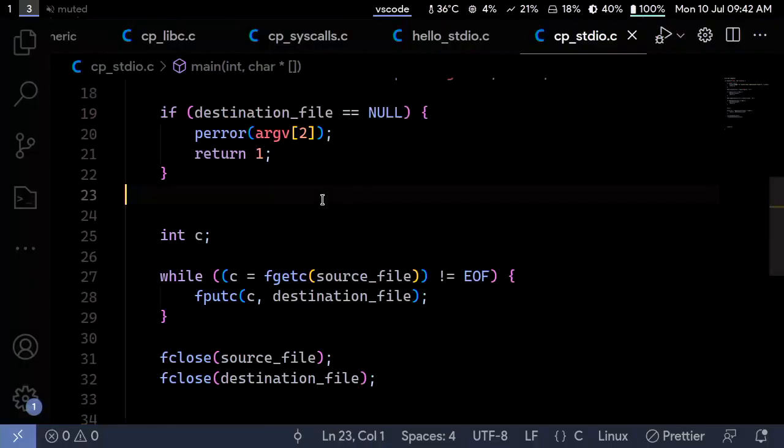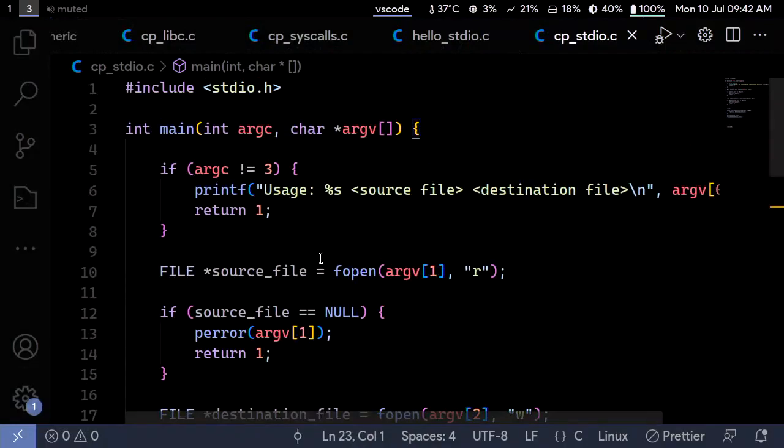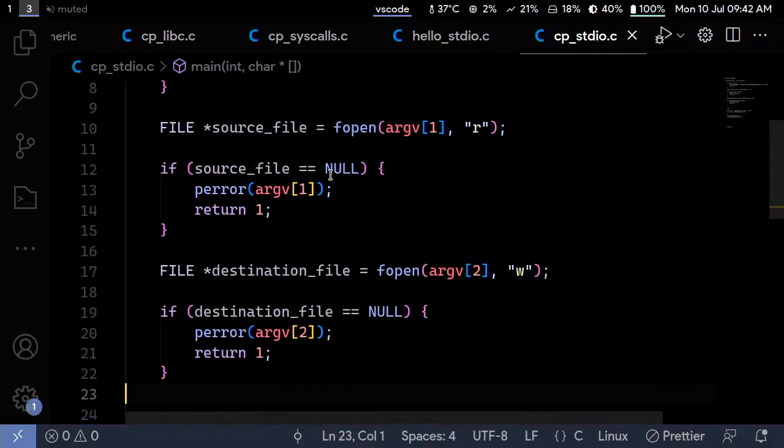So this FILE star struct contains a couple of things. It doesn't just contain the file descriptor, which is behind the scenes. It also contains a buffer. And that buffer is going to, every time we use fgetc,